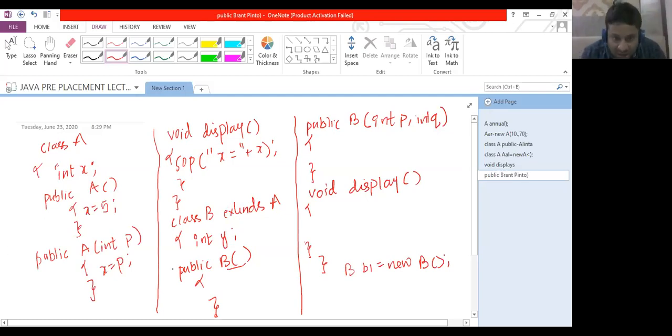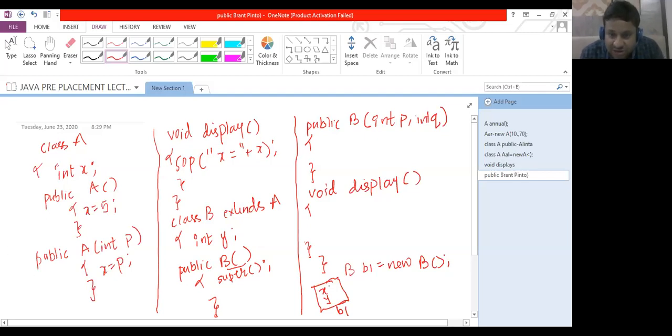Now, how am I going to do that? Inside the default constructor of B, I'm going to just use super parenthesis semicolon. Now, what will this do? I said B1, so there will be some memory in B1. So B1 will have X and B1 will have Y. Now, B1 equals new B will call the default constructor of class B. Control goes here. I would like to call the default constructor of class A here, which is inherited. So just super and parenthesis. So it will call the default constructor of class A, which initializes it with 5.